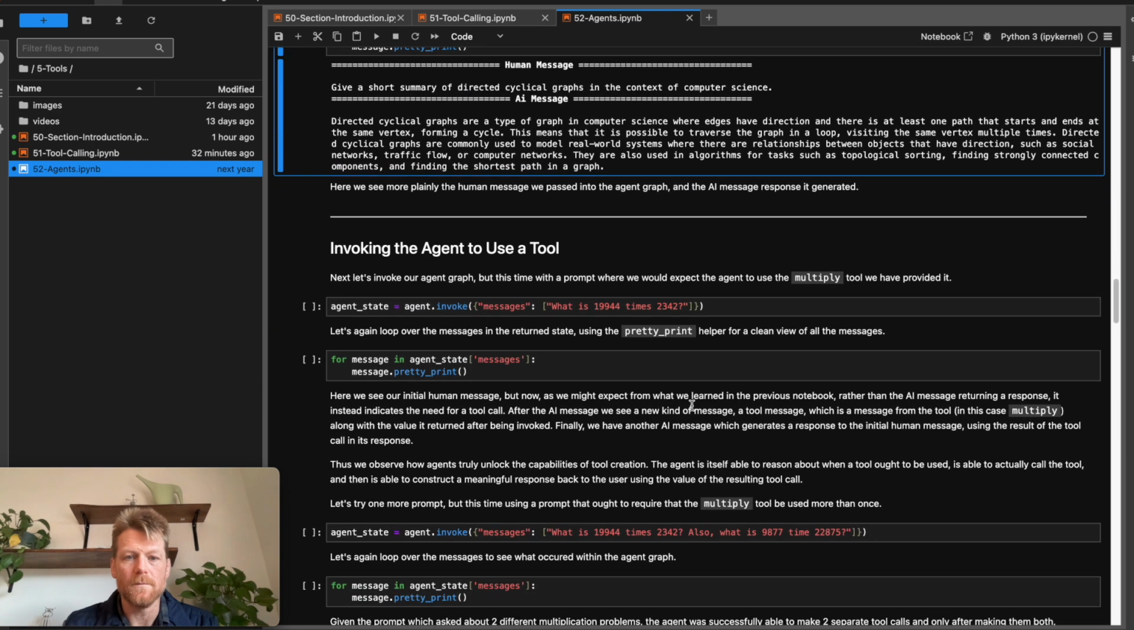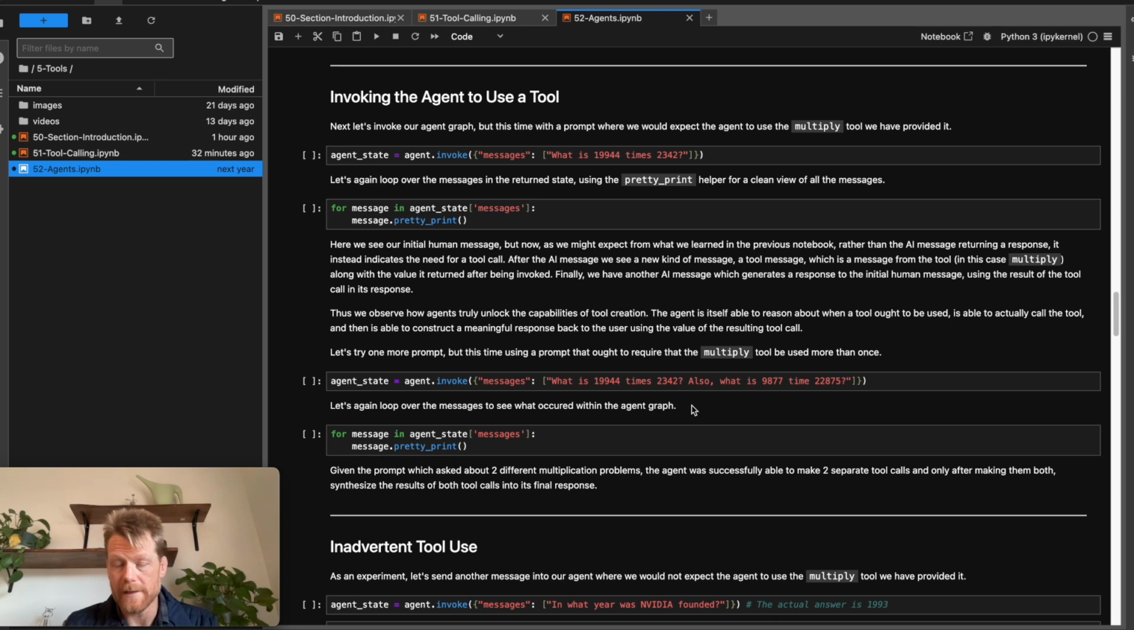Okay, so now that we know how to send a prompt and get a response from our agent, which is slightly different than how we used our LLM instances directly, let's look now at invoking the agent to use a tool. So this time we're going to do the same thing, capture the agent state by invoking it and passing in a prompt at the messages key, but we're going to send it a prompt where we would assume the multiply tool will be used. So once again,